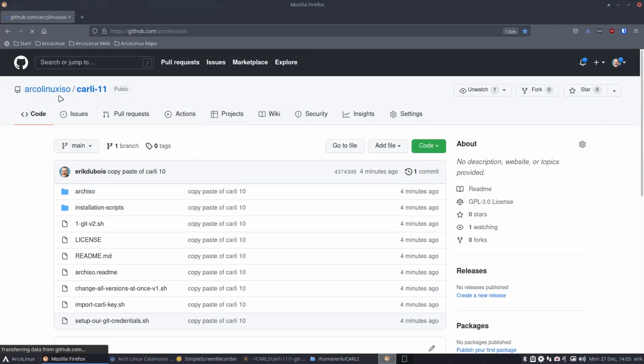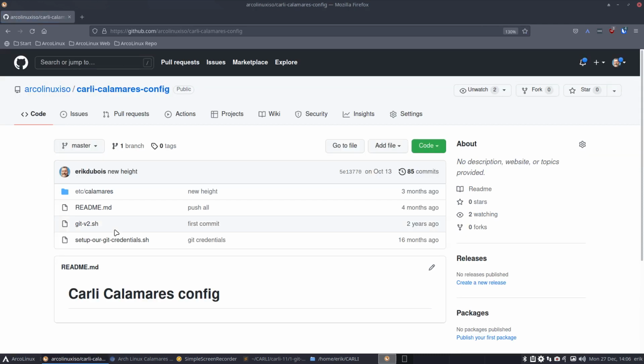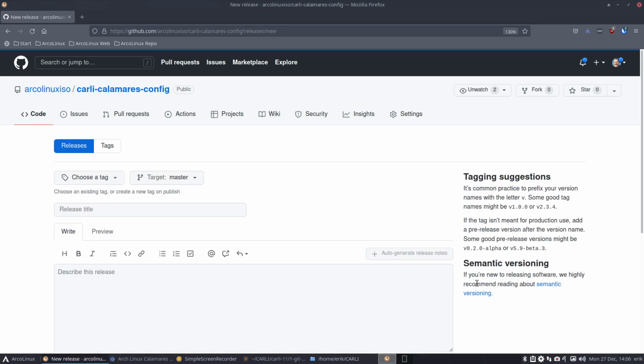So let's go to ArcoLinux ISO again. Let's go to the Calamares. We'll work on this one. Okay. Either we make a new GitHub, or we say, let's make a release. Let's do that, right? Let's make a release